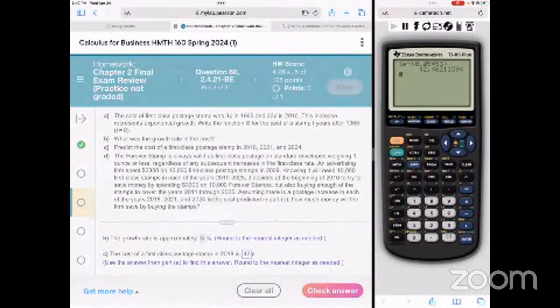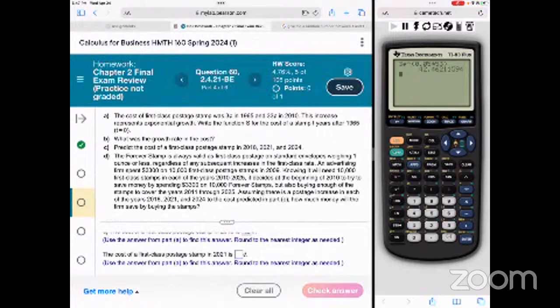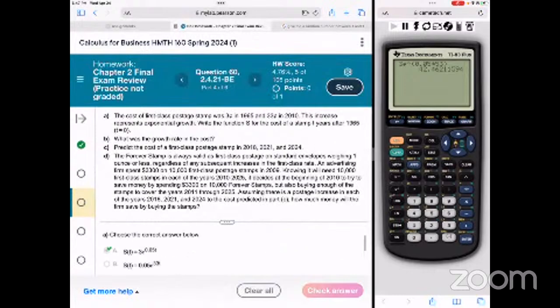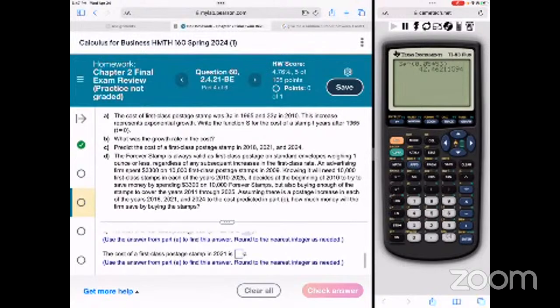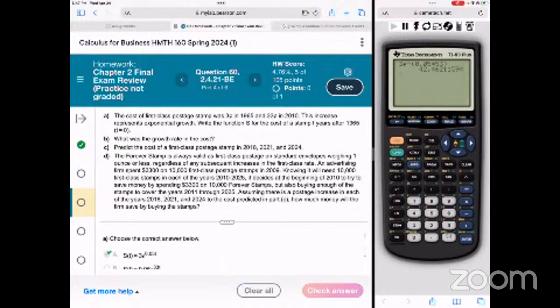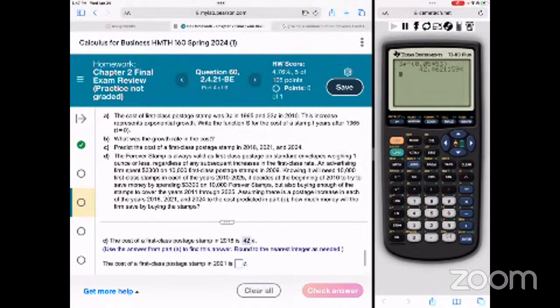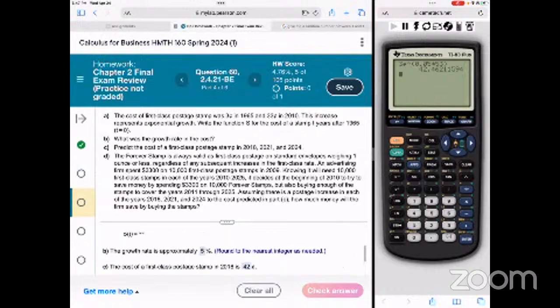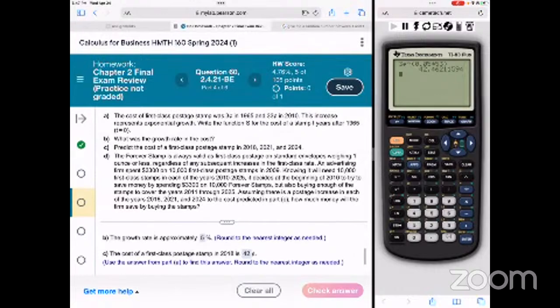In 2021, that one we should probably write out, because basically what we're doing is setting that model from A. If the year is 2021, 70, 30, 50, 56. So we just plug in 56. It's the same thing as that one, just plug in 56. Instead of 53, we do 56, and we get 49 cents.